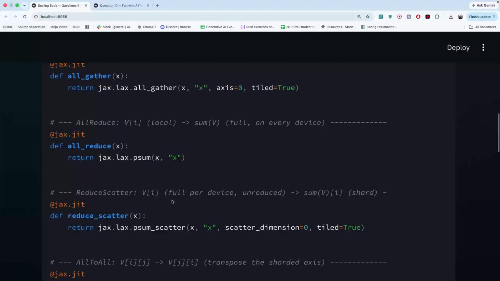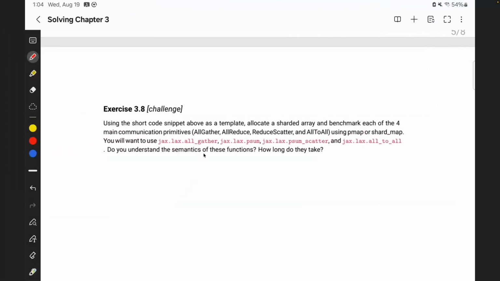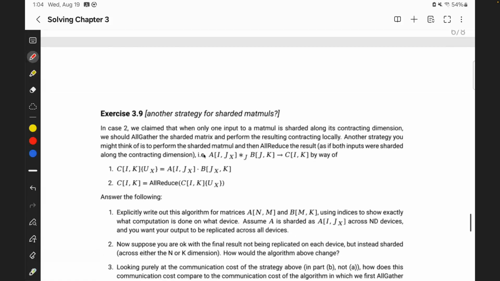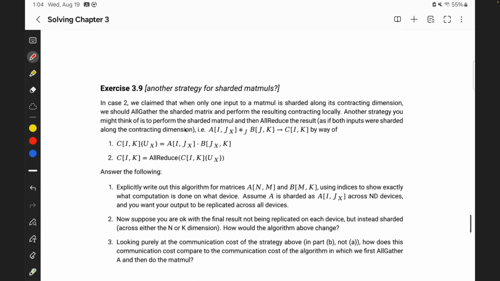Feel free to look at it, and we'll not be spending a lot of time on the code, because this lecture was mostly on getting our hands dirty with the questions, solving them by hand from scratch. So we'll be directly jumping to question number 3.9,